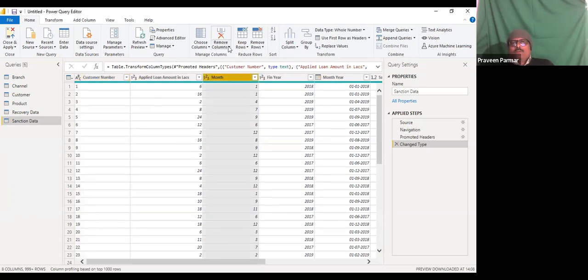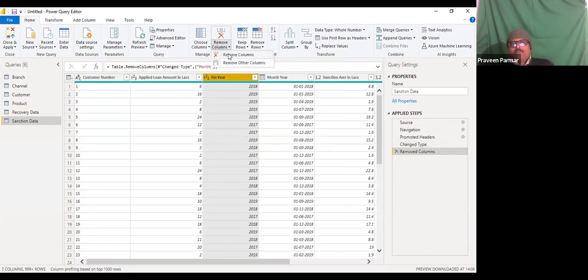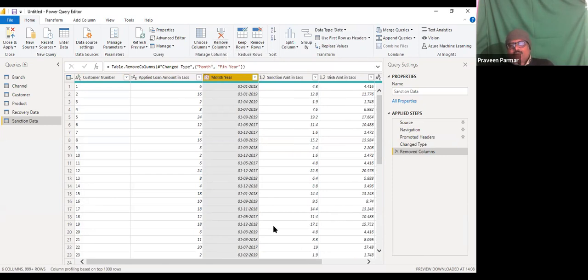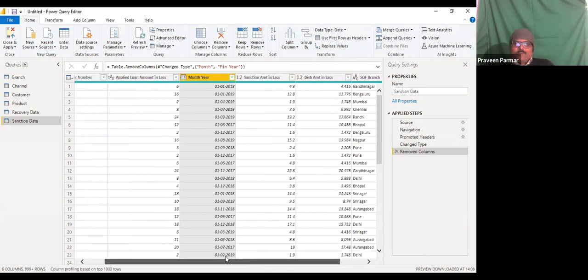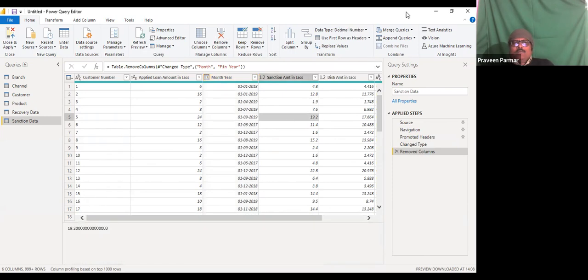So I remove column. This column is also useless for me. This is in the decimal format 1.2. And this is also decimal. And disbursement amount in lakhs, and this, the branch name, is in the text format. So now we have done it, and I just apply this. Got it?